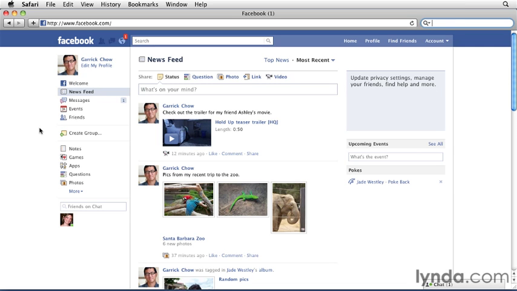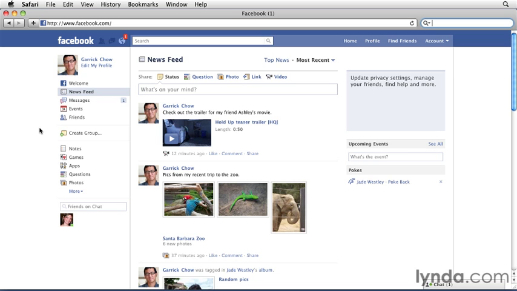So let's talk about tagging photos. We've already seen Facebook tagging in the form of the ability to attach your friends' names to notes or in your status updates so that they know that what you've posted relates to them in some way. Tagging photos is similar, but what it allows you to do is to actually draw a box around your friends who appear in your photos to point out who they are, and that picture will then be associated with their